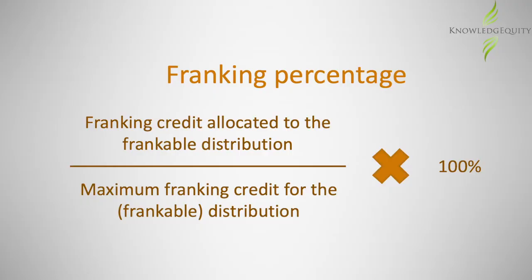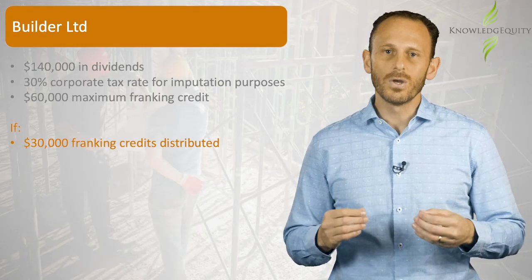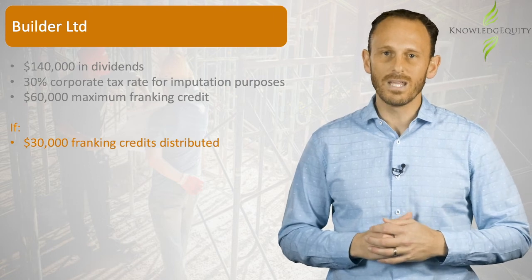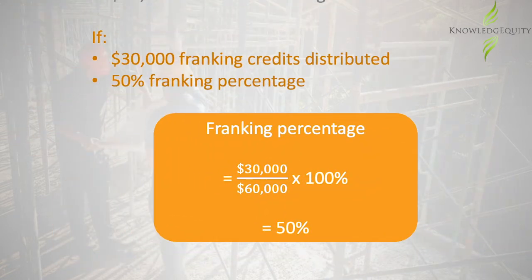A frankable distribution's franking percentage is the extent to which the franking credits attached are a fraction of the maximum allowed franking credits. So if Builder Limited distributed only $30,000 worth of franking credits, then this distribution would be regarded as 50% franked. To recap, to avoid double taxation, we have a dividend imputation system that provides a mechanism to adjust